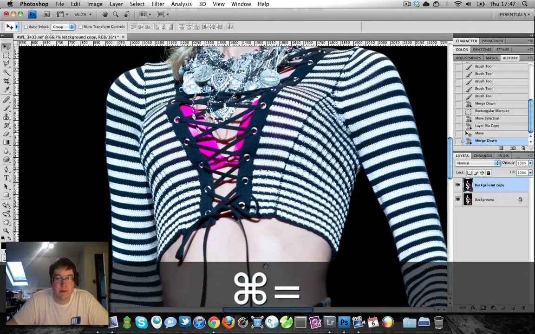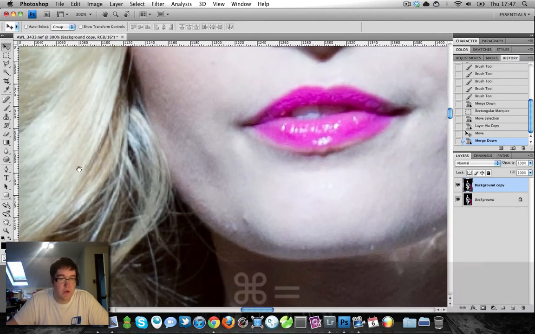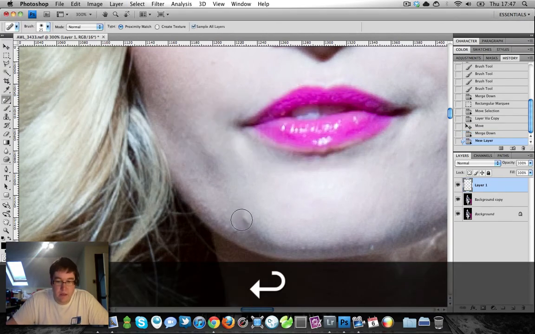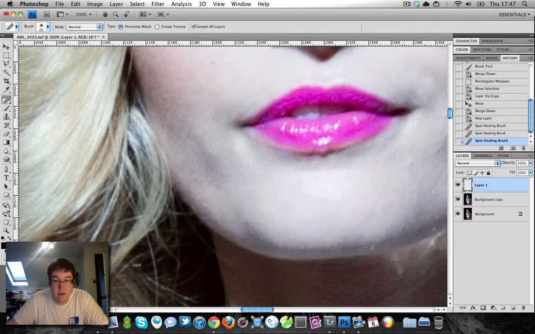There are some skin blemishes you could remove around the face, but they're only really visible when you start really zooming in. You can use the spot healing brush tool for that. I'll make a new layer. I'll just do this pretty quickly. Get rid of that, and